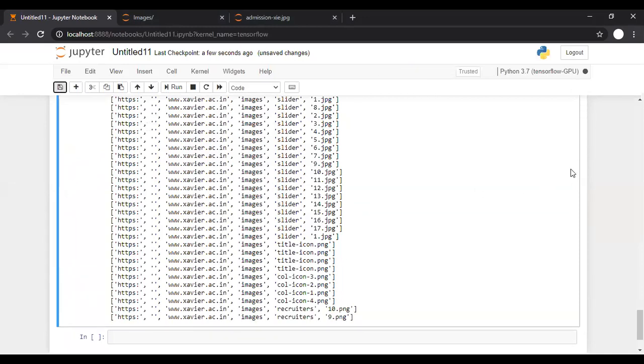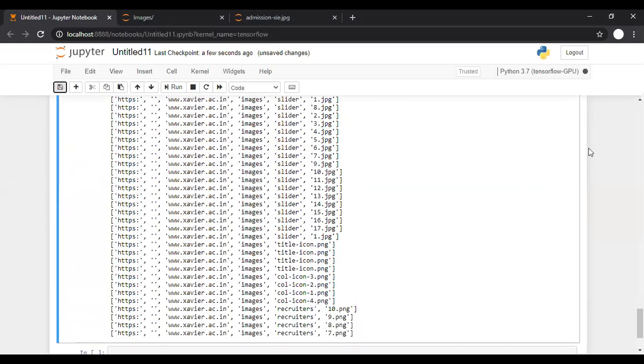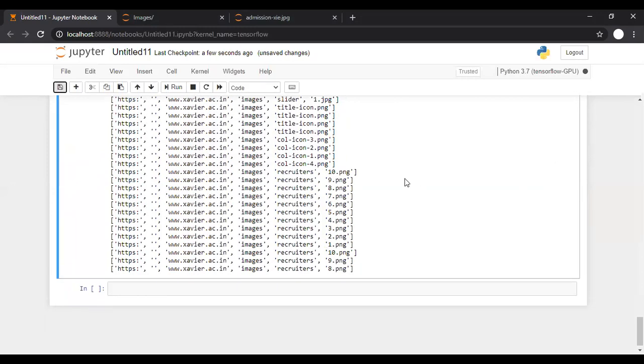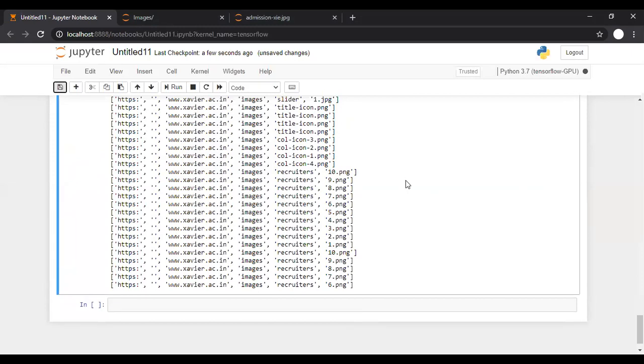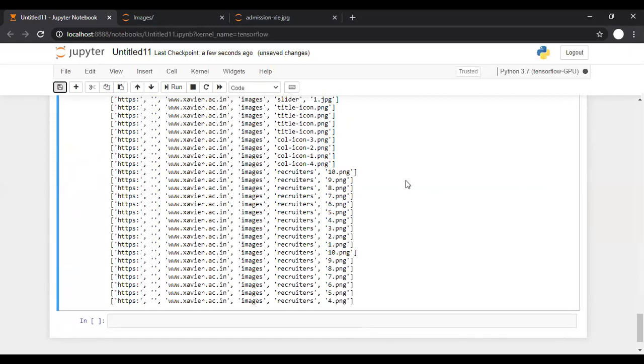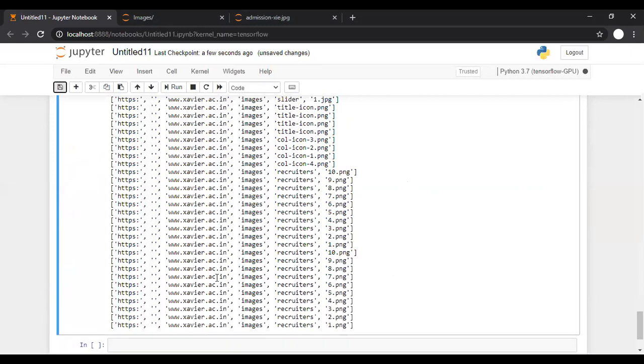It might take some time, but please be careful if you are using mobile data to download the images. It should not happen that your data is completed within 1 hour or something like that, because with 4G speed, you might end up using your entire data within an hour or so.